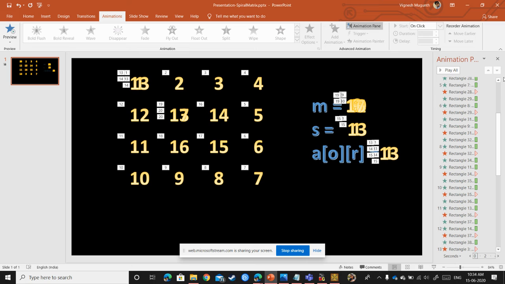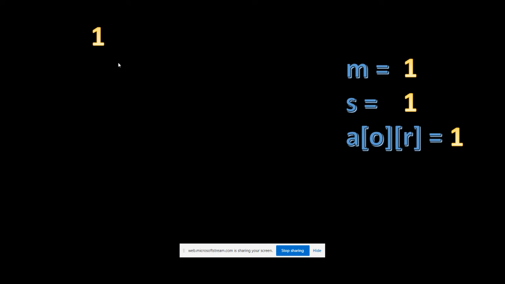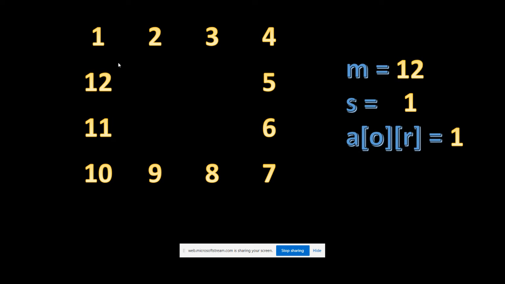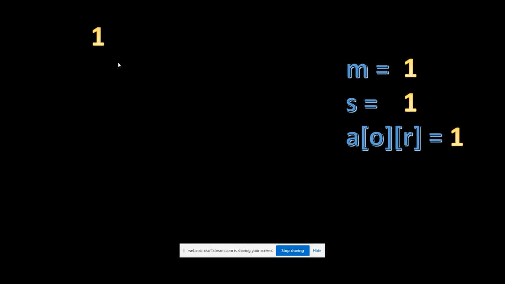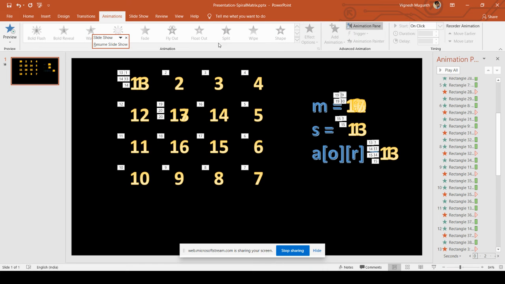Okay, I'll start the presentation again. Okay, now let's start. First, m value is 1, s value is 1, which you will know in further. 2, 3, 4, 5, 6, 7, 8, 9, 10, 11, 12. I have to do this set of rotation in my first iteration of the pq iteration, I mean the pq pointers iteration. Okay, let me start from 1 and explain it with the code.